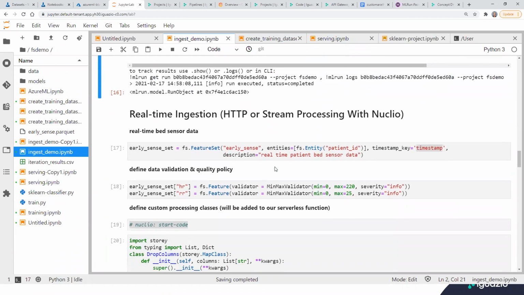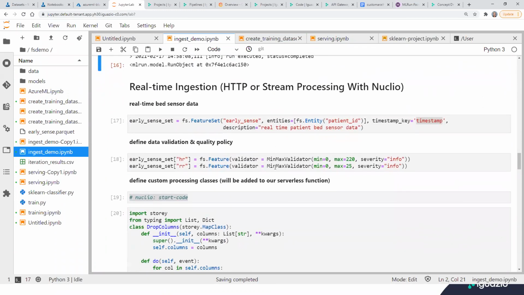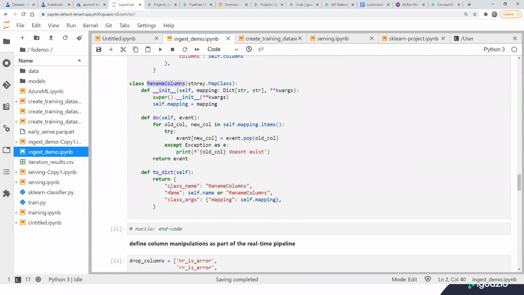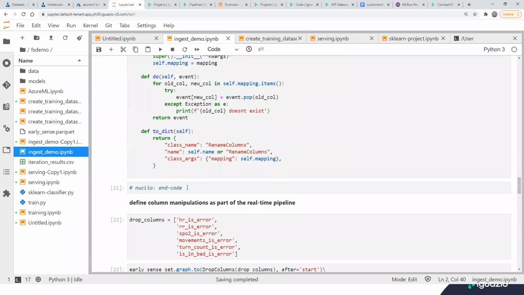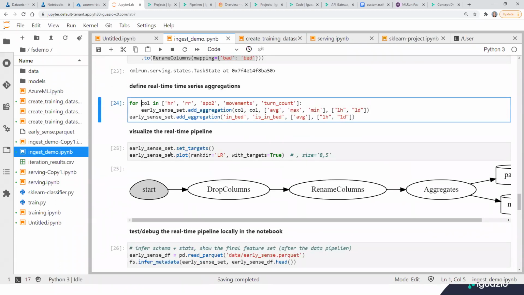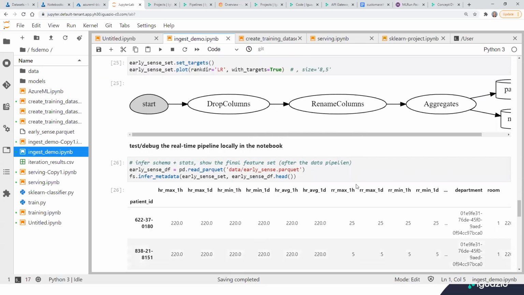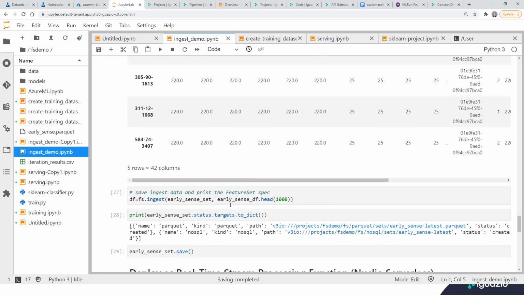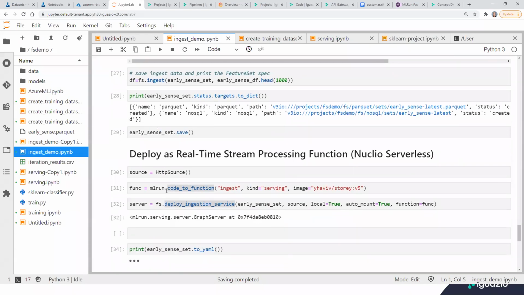And now the last, the problematic feature is the real-time bed sensor data that keeps on coming all the time. And we need to do things like aggregates and all of that. So here we're also putting some data validation rules and creating that sensor data, creating some custom processing classes that will be pushed automatically to our serverless functions, building some aggregations across the different sensors. So again, with a few lines of Python code, I built a very complex real-time pipeline that does the processing of those features. And then I can just simulate it on my notebook